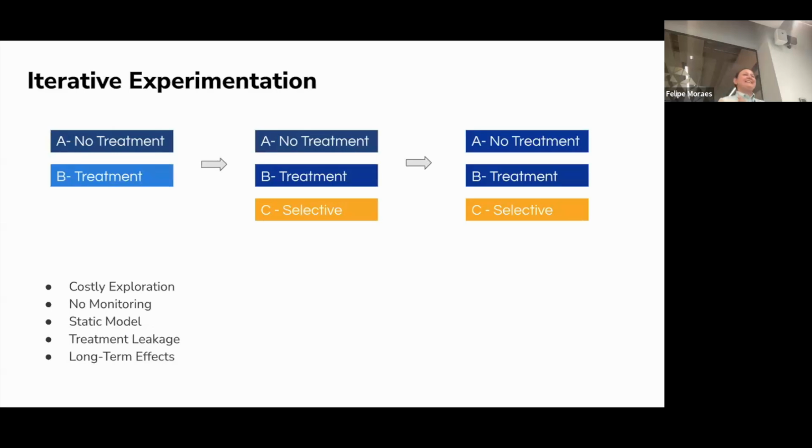Unfortunately, with this setup, where every time you test your changes in an A/B setup, okay, there are more variants, so it's more like an ABN setup, but let's call it AB. So the few main flaws here are, first of all, this costly exploration, because you always should have a control group which is not exposed to anything, right? Or if you made the wrong decision, a lot of users will be exposed to that. Usually you're dealing with static models. It can be treatment leakage. It depends on your randomization.